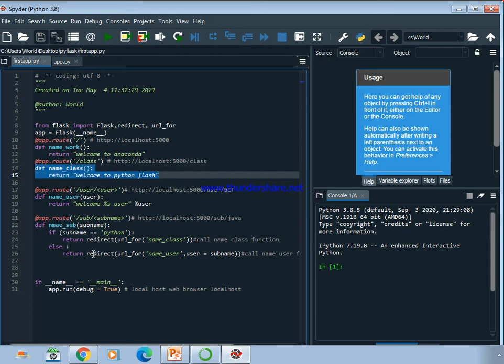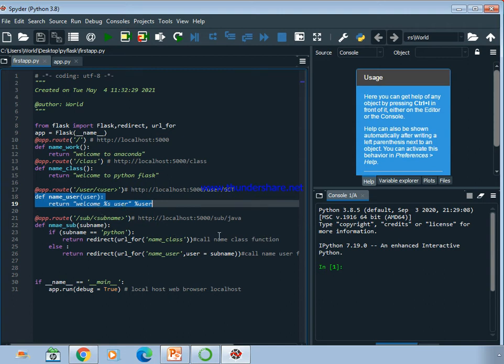And if it is not equal to Python, then it has to be redirected to name user, which is this particular module, where it has to print the particular subject name as user. So that means welcome.